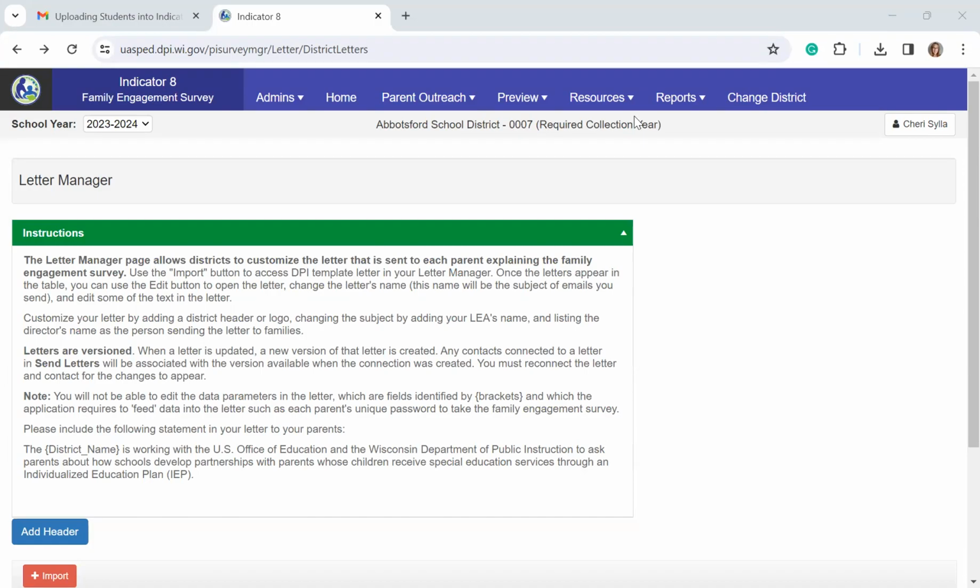Okay, we're going to move on to the next step in the Indicator 8 Family Engagement Survey Manager application. And that next step is called the Letter Manager. So you'll find the Letter Manager under Parent Outreach, item number 2. So the Letter Manager page allows districts to customize the letter that is sent to each parent explaining the family